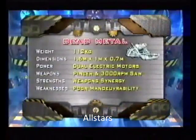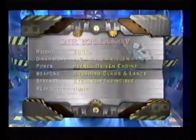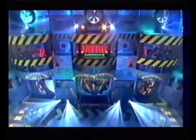Here are 2 house robots. The pincer and saw of Dead Metal. Deadly. Even more formidable. 280 kilos. 3, 2,